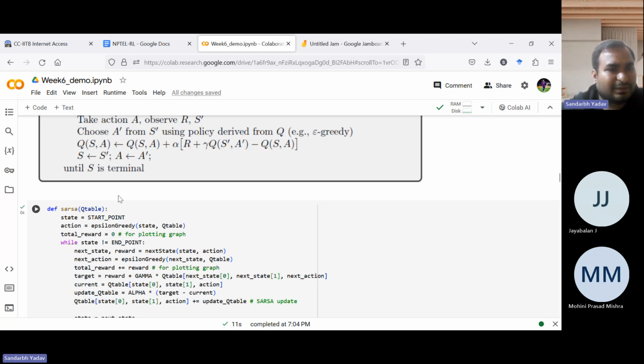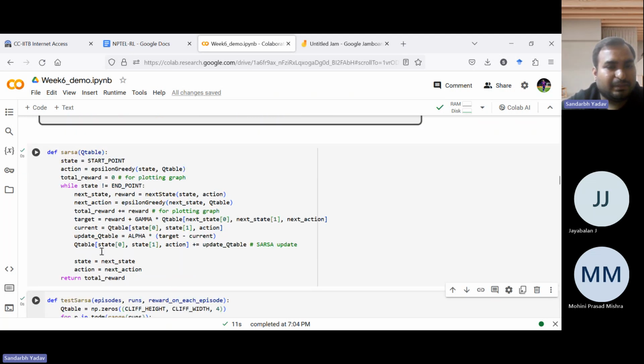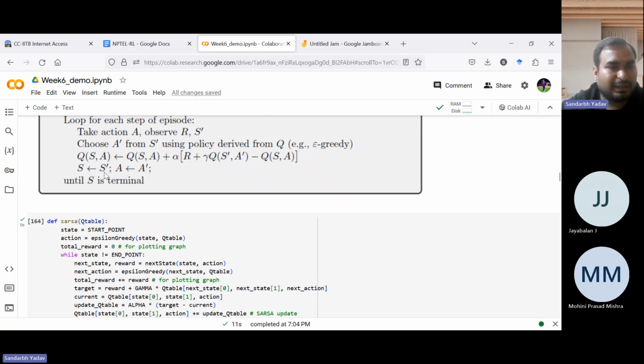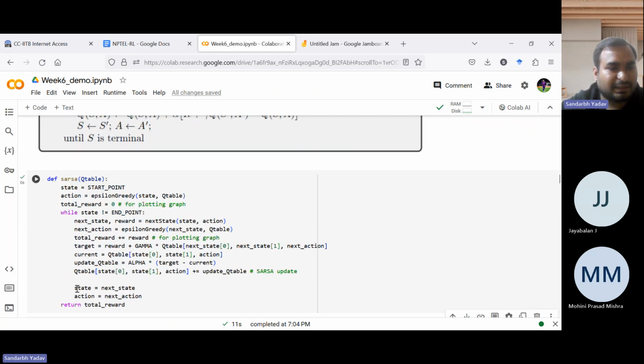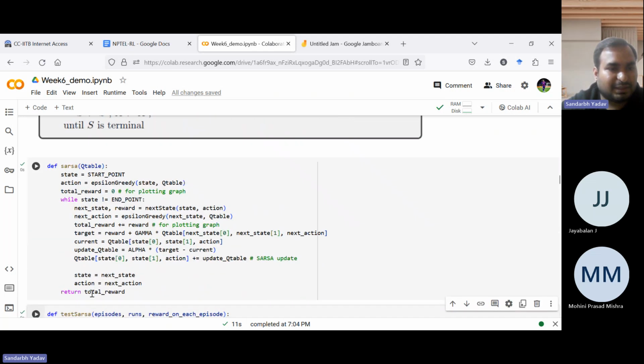And this is the index where we will be updating, right? Q of s, a. So this is the state action, and plus equal basically means equal to this entity plus you are adding this. This is a programming language construct. You might have seen it in C, C++ also. So this is basically updating the Q table. And again, you are supplying the next state into the state and then the next action into the action. In this way we have done this, and this will return the total reward.